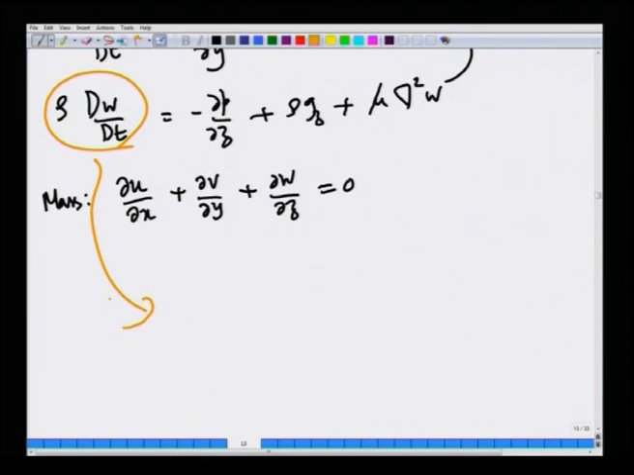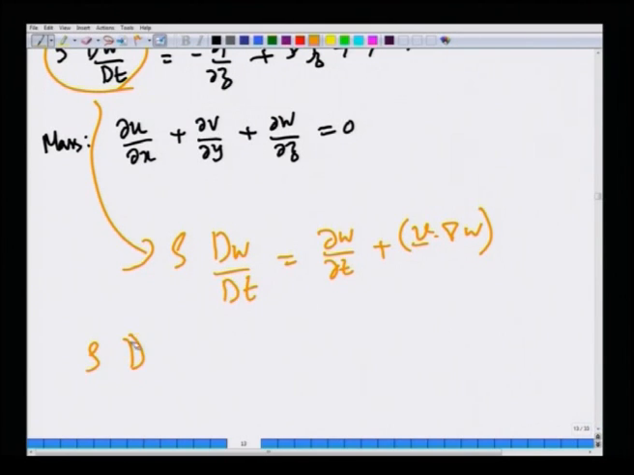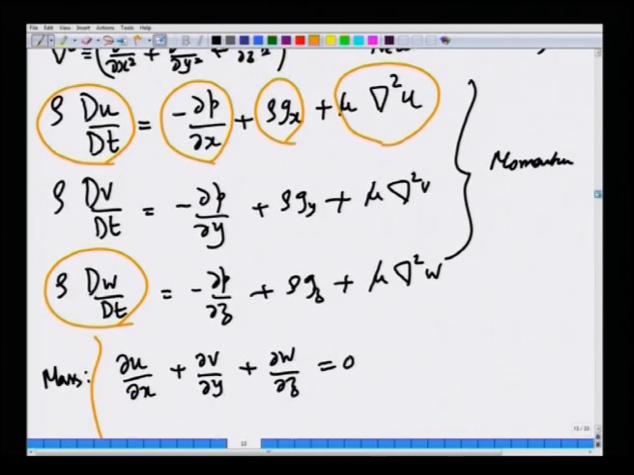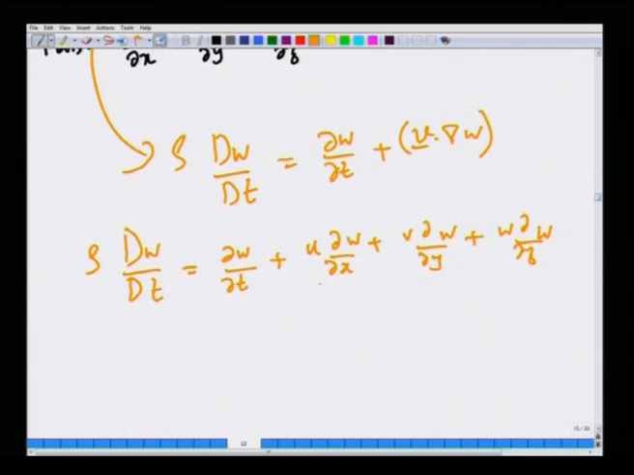any quantity, okay, rho Dw/Dt is partial w partial t plus v dot del w, but what is that? Rho Dw/Dt is partial w partial t plus u partial x of w plus v partial y of w plus w partial z of w. So, each of these equations, okay, is coupled to the other equations through these terms, because